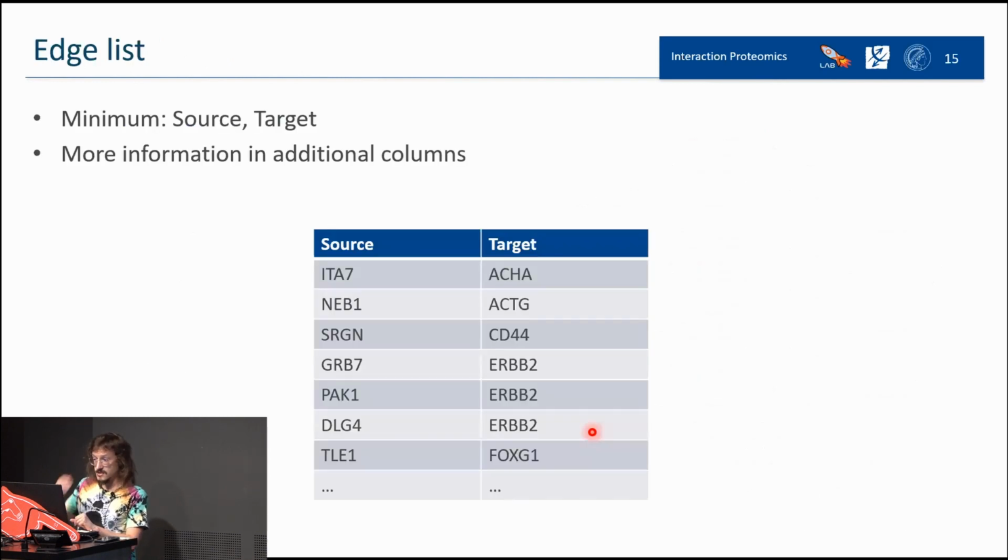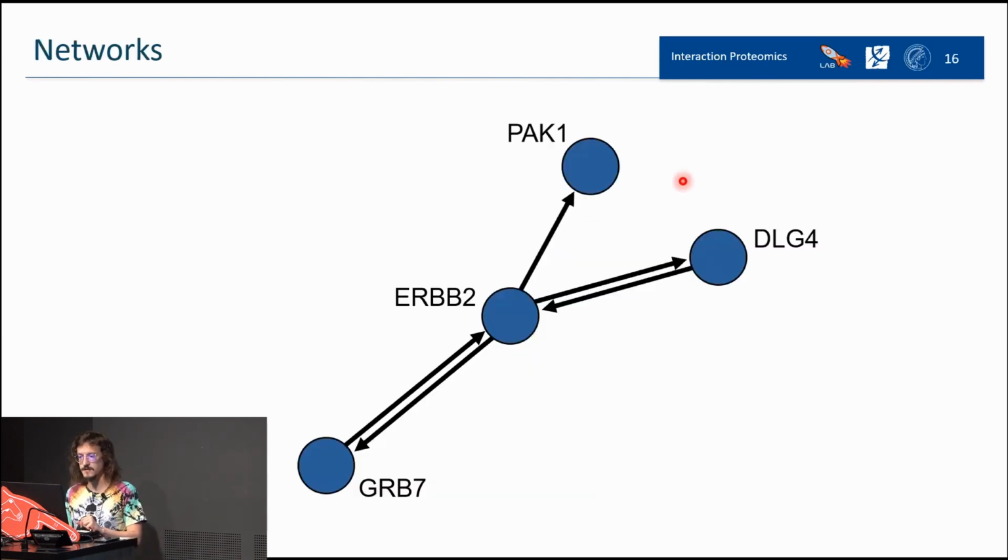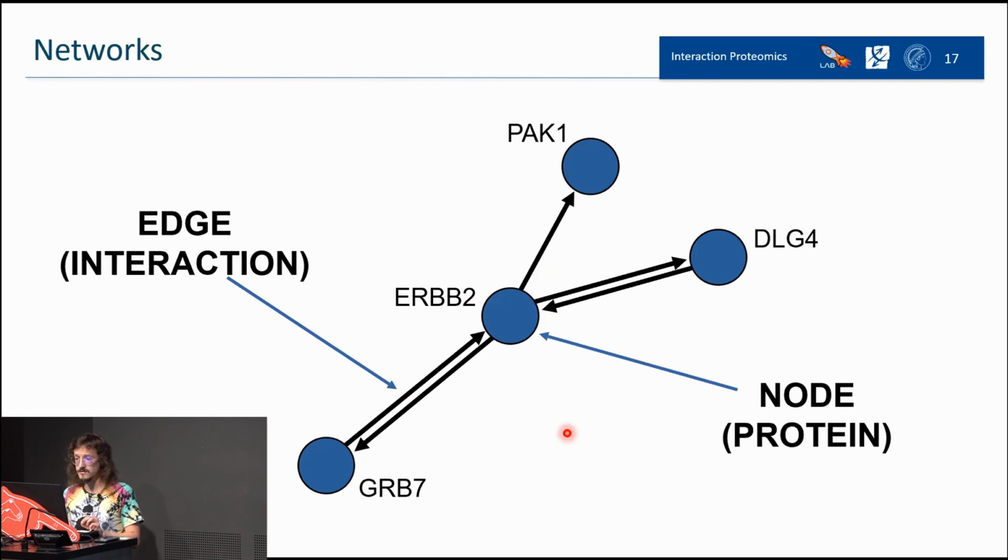So let's start with the edge list. As I said, you just have your source, in this case could be a bait, along with the target, the specific binders. If you want, you can add more information on how significant this interaction was, if there are any other targets also, but it's just a simple table at the end. But it's a kind of boring type of representation, better to go for a network. And from here, you can see this is a very simple network. We have this central part here that we can call a node.